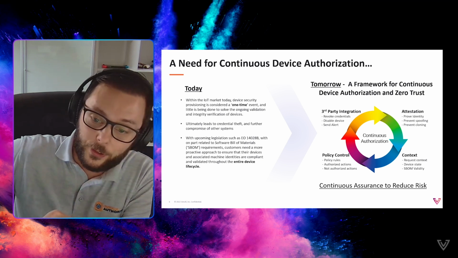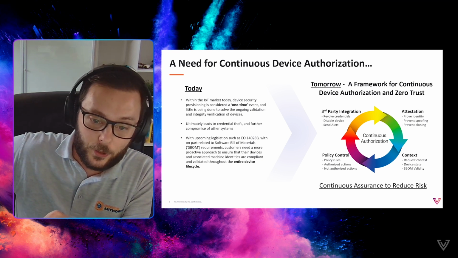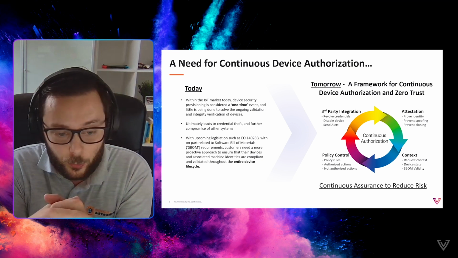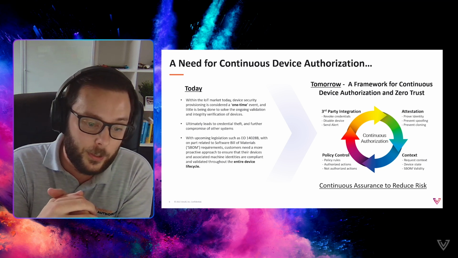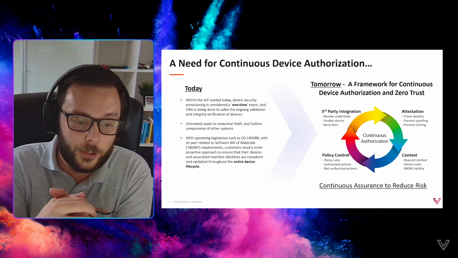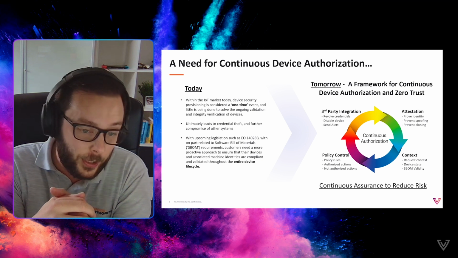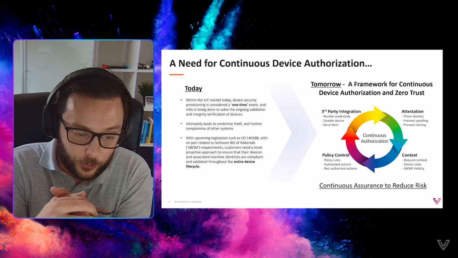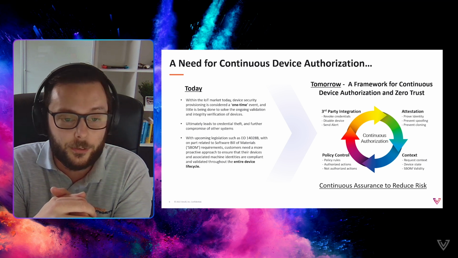All 999 versions of the same device model that I've deployed elsewhere only try to do this once a day between 10 a.m. and 11 a.m. Why is my device requesting a new certificate at 3 a.m. from GPS coordinates that look suspiciously like the location of my competitor's factory? All of these things need to be considered in regard to the context of the device and the actual request and what's being asked for. And then, also the device state.